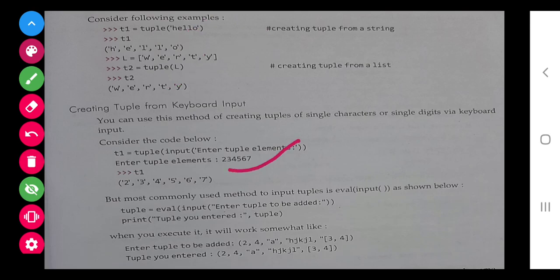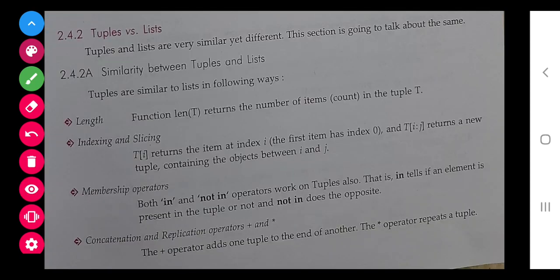This is the way to enter a tuple, but each character will be a separate element like this. But if we use eval, then it will form a tuple.